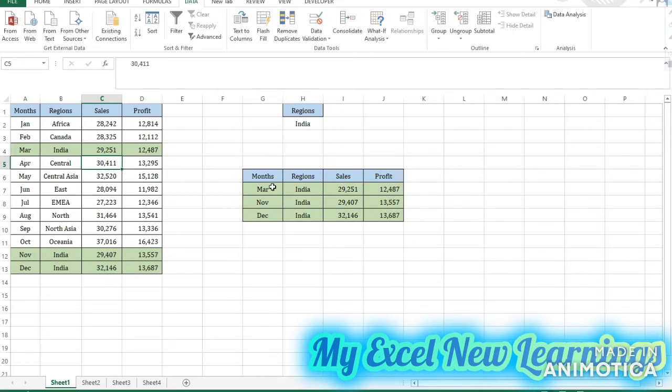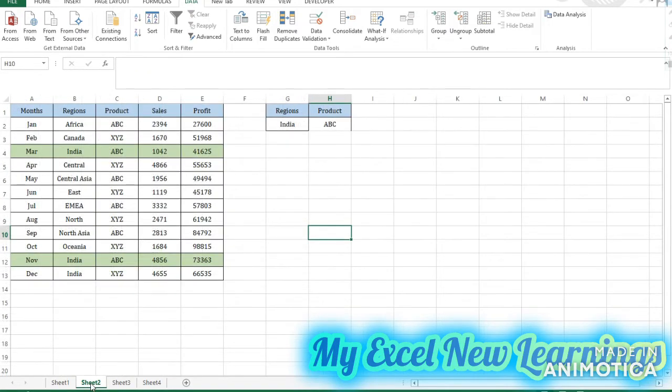So here the advanced filter has given me the records for region India, that is for March, November, December and the sales. So purposely I have colored it so it is easy to identify that we have three records for the region India and this is the sales and this is the profit. So this is the first method for single criteria.